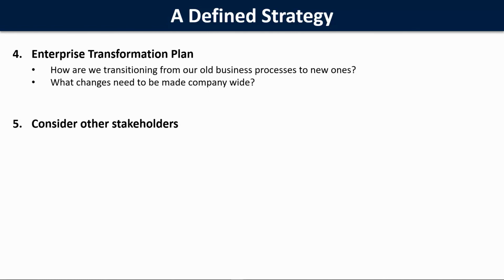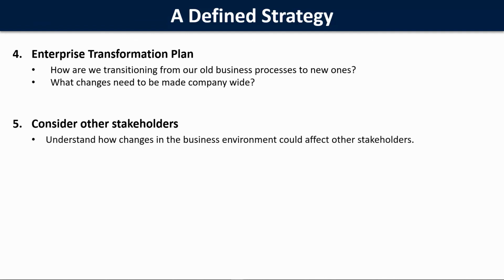Fifth and finally, is a need to consider other stakeholders, because when we're talking about changing how we're going to be conducting business, we have a great plan, but this can potentially disrupt the expectations of other stakeholders too. So even if we're now delivering better on what our customers consider to be important, we may still receive some pushback from any number of other groups that we need to make sure we're managing those relationships effectively as well. So it could be suppliers or employees, management, competitors, other aspects of the business environment, such as regulators, key partners for the business,